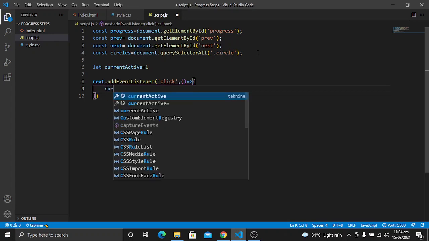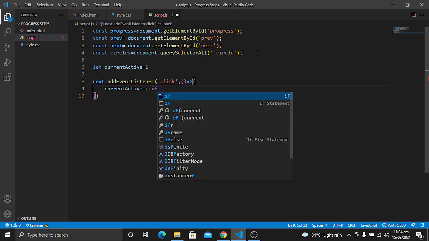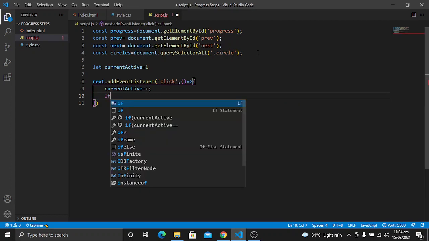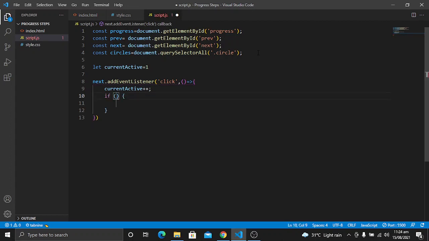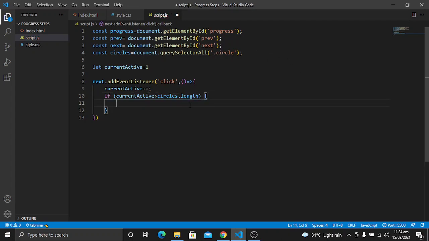When the user clicks on this button, I want to increment currentActive, and I will also run an if statement that checks if currentActive is greater than circles.length. Then I want to set currentActive to circles.length.